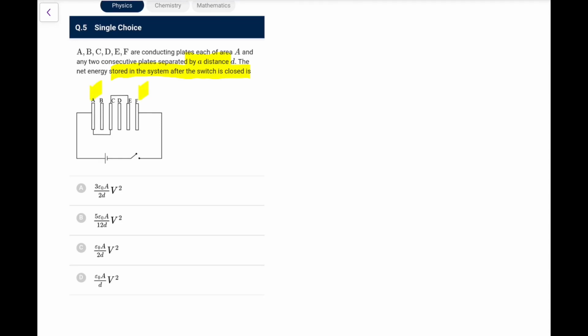Okay. So from our logic, I can say A, C, and E are same. So if I redraw the system, A, C, E are same. What we have, this is F, and we have this D. So first capacitor between A and B. Okay, B is also there. Okay, so let it be B, and B and D don't have any connection, but C has. Okay, so between A and B we get one. Let's call it C naught. Now between B and C, that means again that would be C naught.